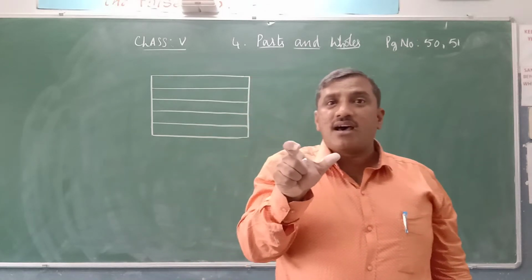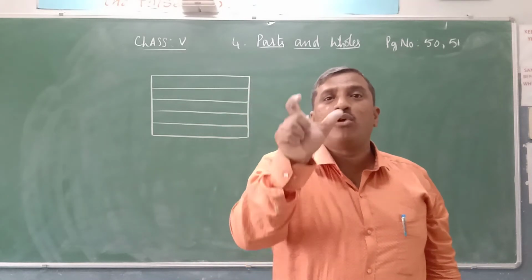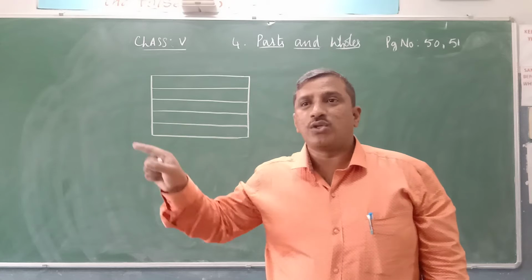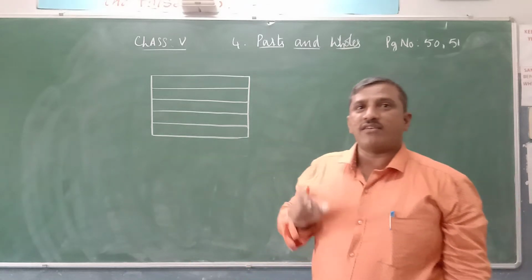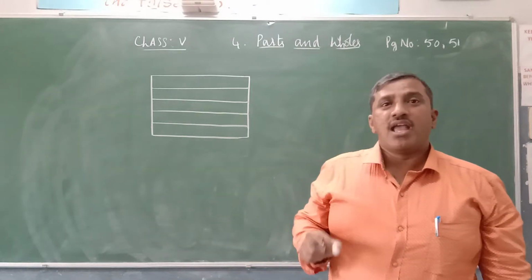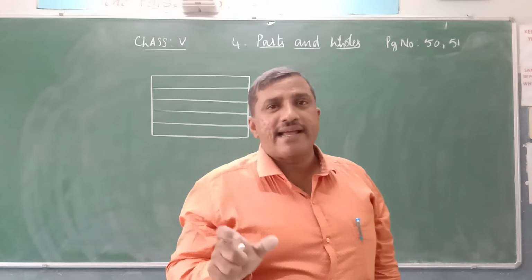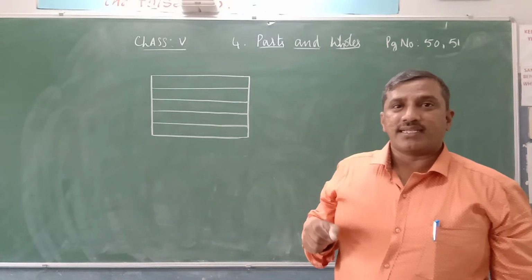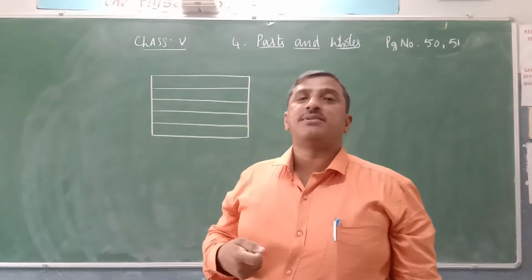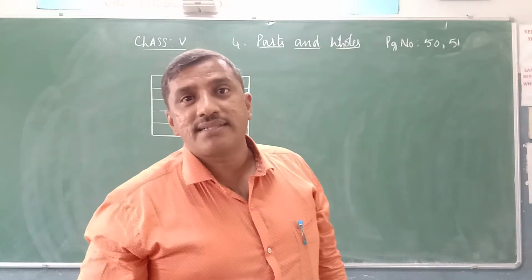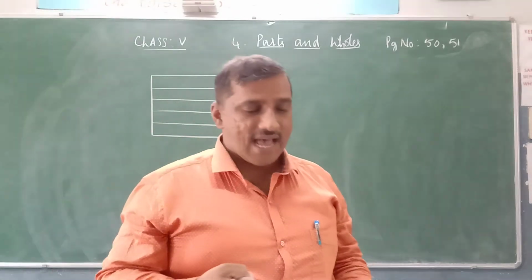How many flags are tricolor, that is, having only 3 colors? Count 1, 2, 3. If 3 flags are there with only 3 colors, write 3. If 4 flags are there with 3 colors, write 4. Like that. Now again you should observe, do all these 3 colors have equal